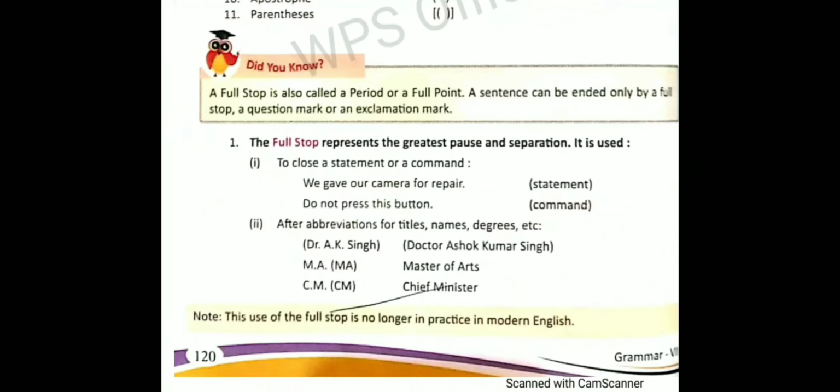The second point, after abbreviation for titles, names, degrees, etc. You can see it in the example over here. Dr. A.K. Singh, then M.A., then C.M. They are all titles, names, and degrees.